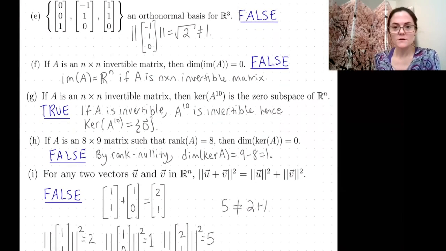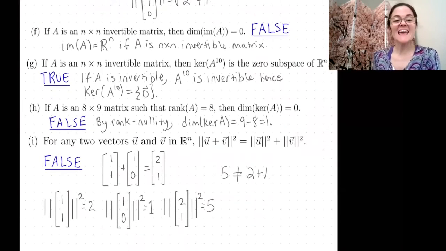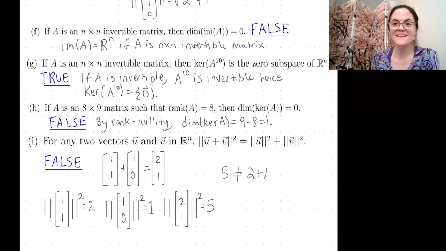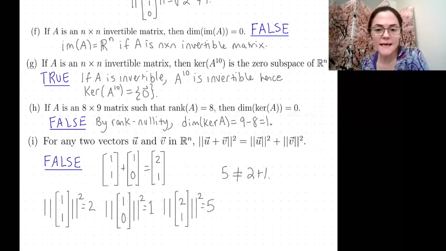Okay. 2 more. H. A is 8 by 9. This is the number of columns. It has rank 8. Says then the dimension of the kernel is 0. No. Rank-nullity, you work on columns. So rank-nullity, the dimension of the kernel is the number of columns minus the rank, which is 1, not equal to 0. And then finally,